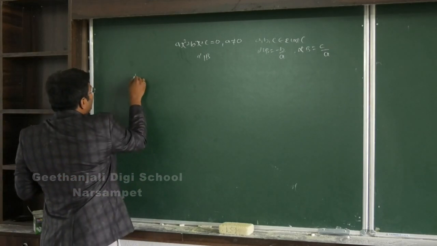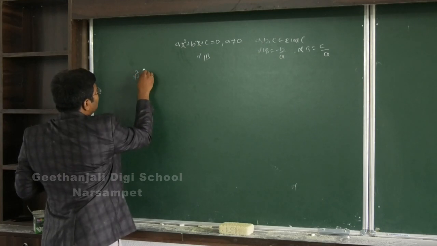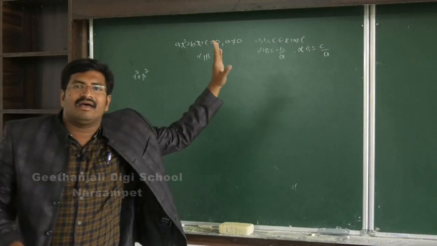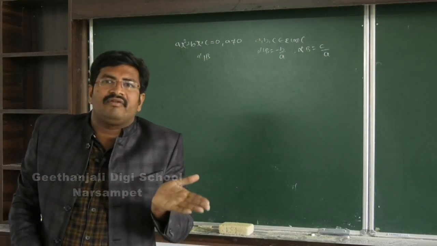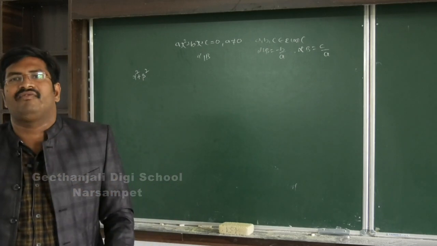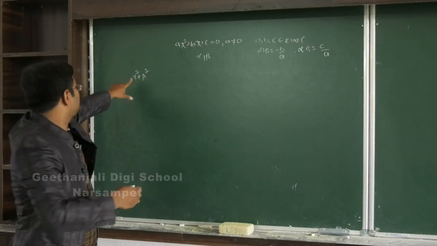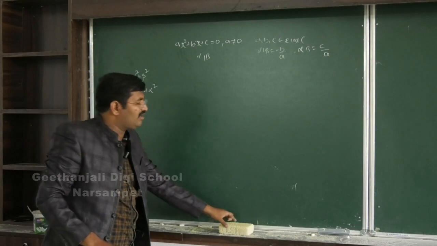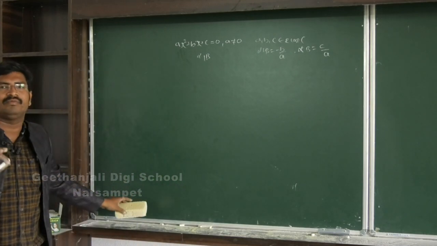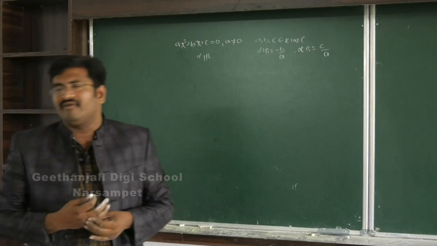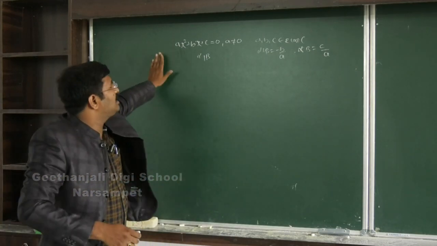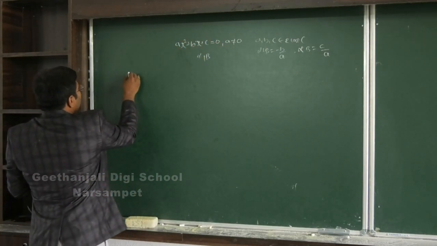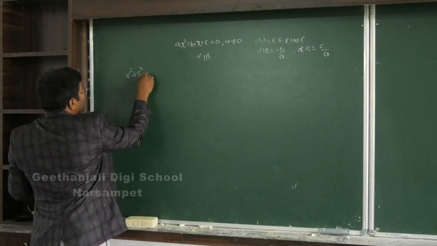For example, I need to find the value of alpha square plus beta square. A symmetric value of alpha and beta means that if instead of alpha you take beta, and instead of beta you take alpha, it won't be changed. That means, interchanging alpha and beta does not change it. Those are the symmetric values of alpha and beta. Since it is a quadratic equation, you know the sum of the roots and product of the roots.